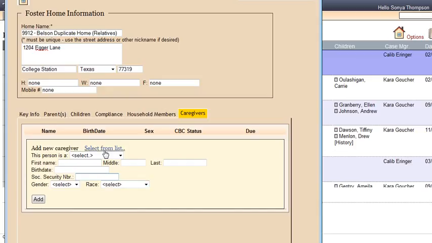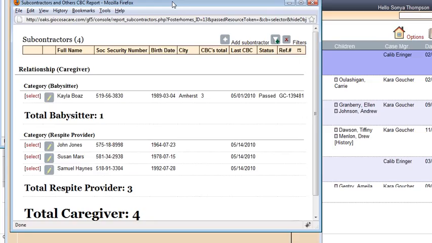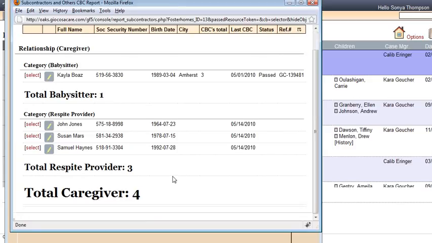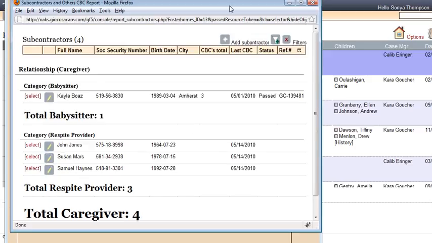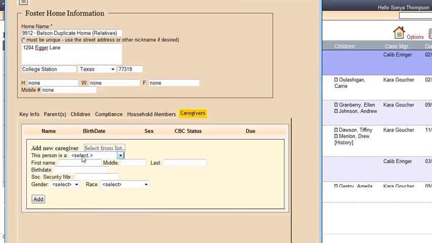Let's go ahead and first select from a list, and I'm going to take a look through here and see my caregivers. Well, I don't see actually the person that I want, and I happen to be listing them all. And so let's go ahead and I'm going to close this, and let's go ahead and add the person. I happen to be looking at a list here. They are a